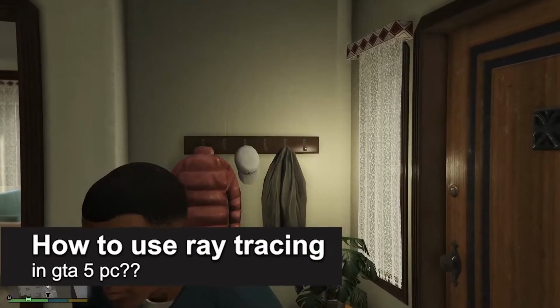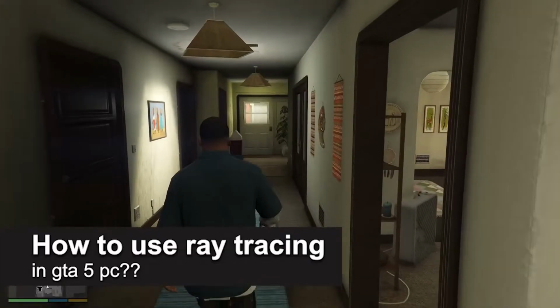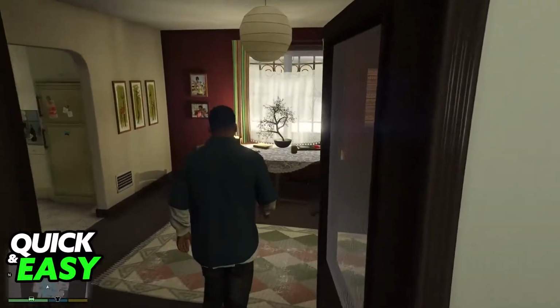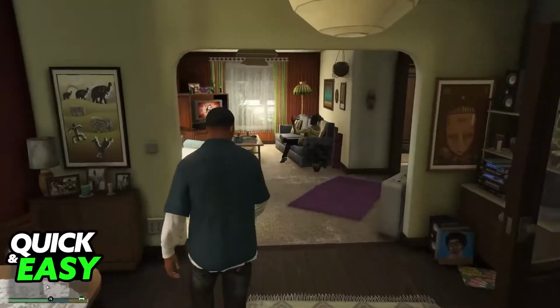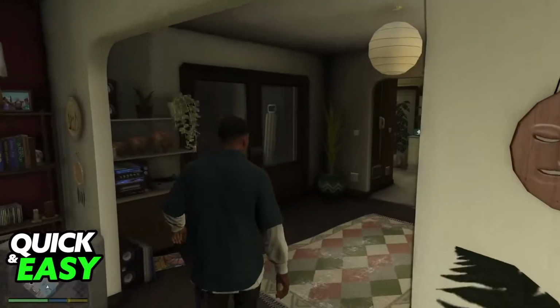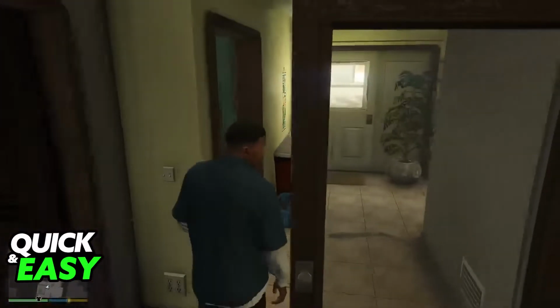In this video, I will solve your doubts about how to use ray tracing in GTA 5 on PC and whether or not it is possible to do this. In this video, I'm going to discuss ray tracing for GTA 5 and if it is available for the PC releases of the game. So currently, I am playing on PC, and as you might be aware by either looking